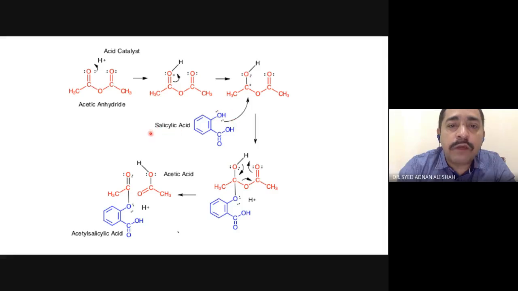The OH of the salicylic acid is a good nucleophile, but it is not so good that it can attack the carbon individually. So that's why this carbon should be more electrophilic,